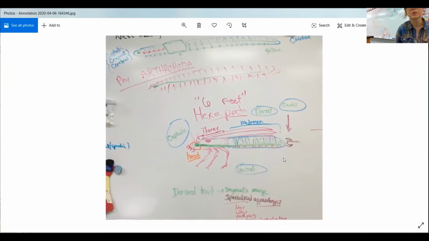If you look at my picture, I hope my cursor shows up, you see little pink dots in a row at the bottom of the abdomen going from the cephalic end towards the caudal end. That's just a way I can talk about direction. I know the abdomen doesn't go all the way up to the head, but it goes toward it, cephalic to caudal. You see those little pink dots? Those are how the insect breathes. Those are spiracles through which it breathes. So we see a repeated theme there.